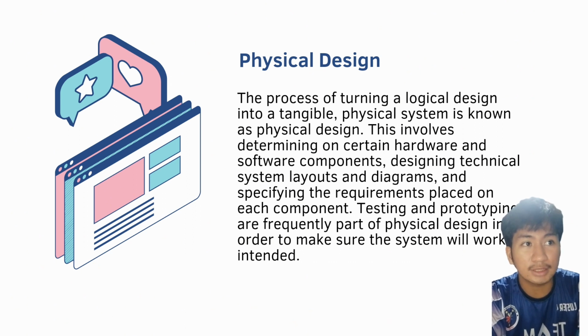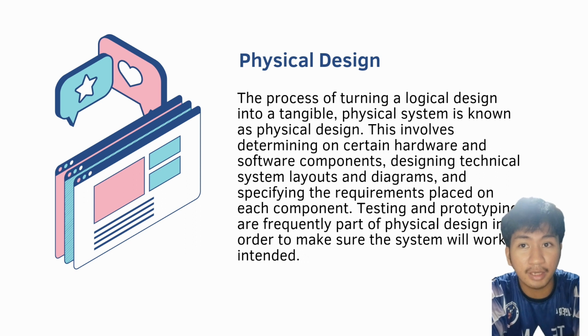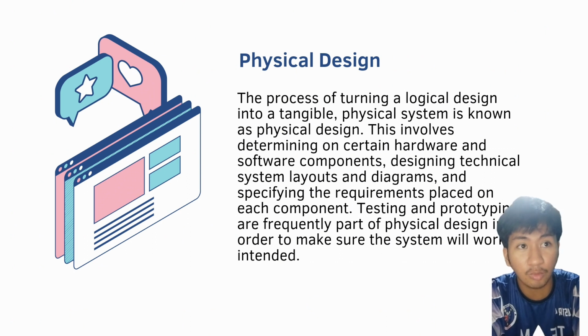Just like what's mentioned here, it also involves determining specific hardware and software components for us to be able to design technical system layouts and diagrams. It is also important for us to make sure that the system will work as efficiently